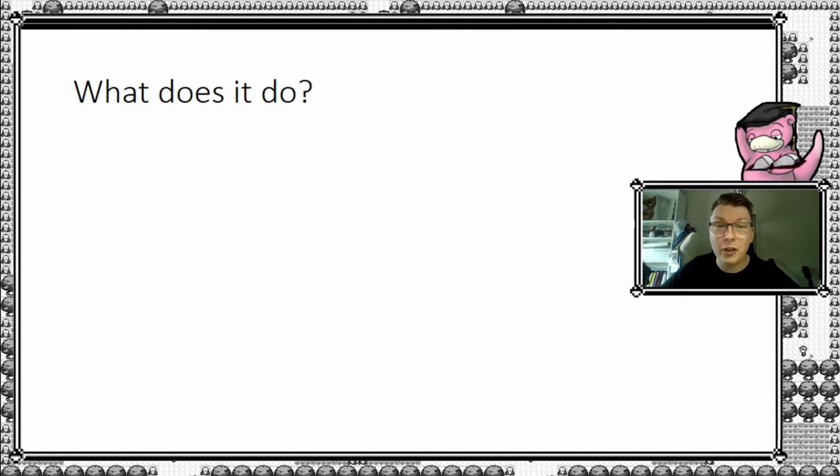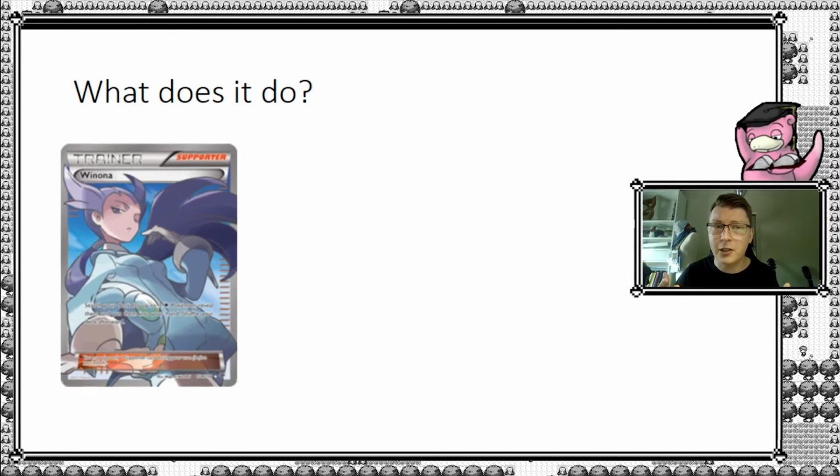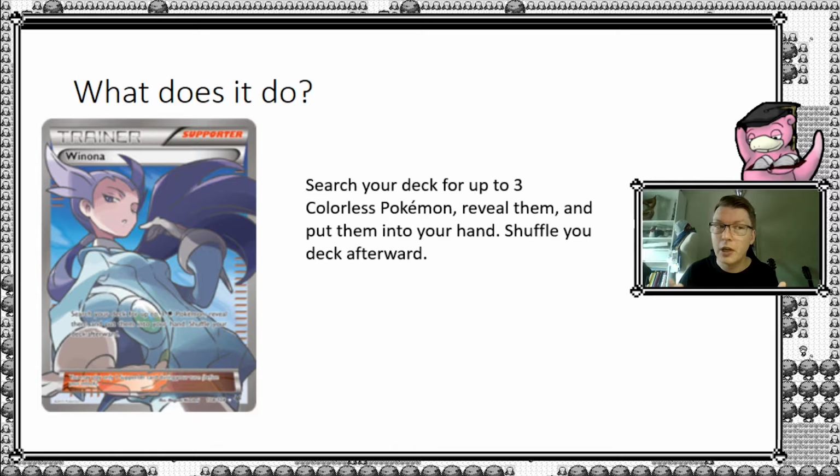Well, first of all, we are going to look at what this card can actually do, because for some of you it may have been a while since you played this card. Some of you may not even know it, but what does it do? It lets you search your deck for up to 3 colorless Pokemon, reveal them, put them into your hand, and